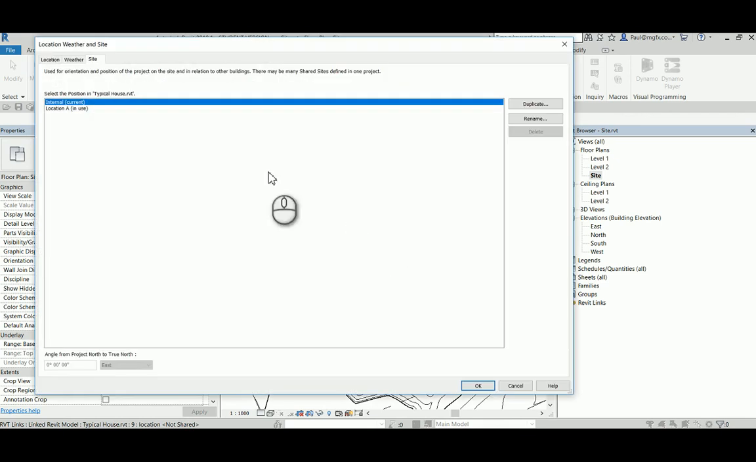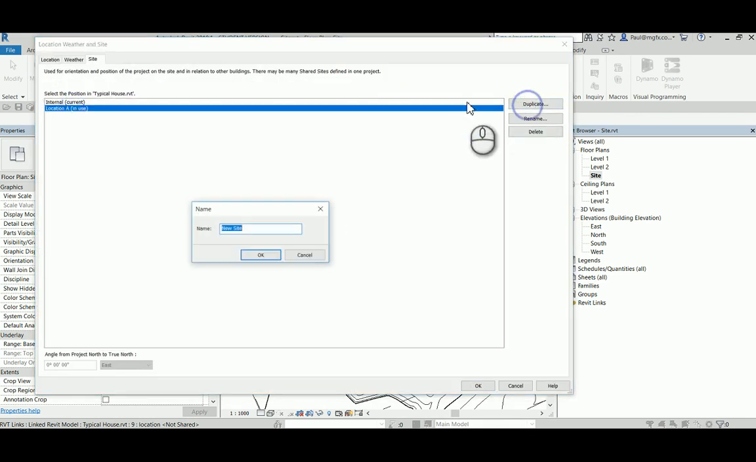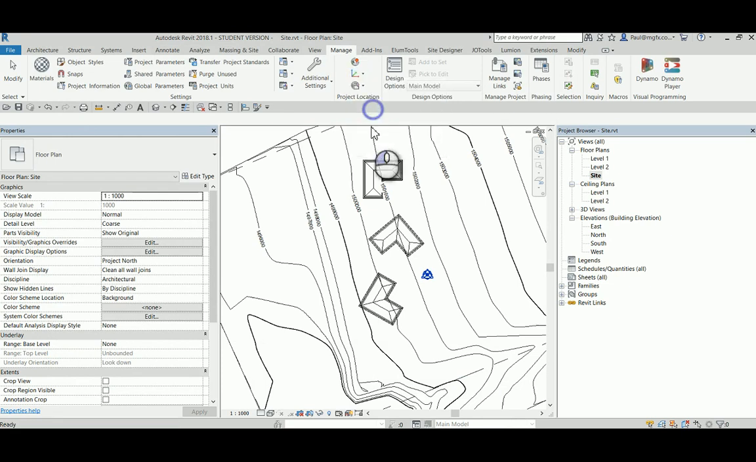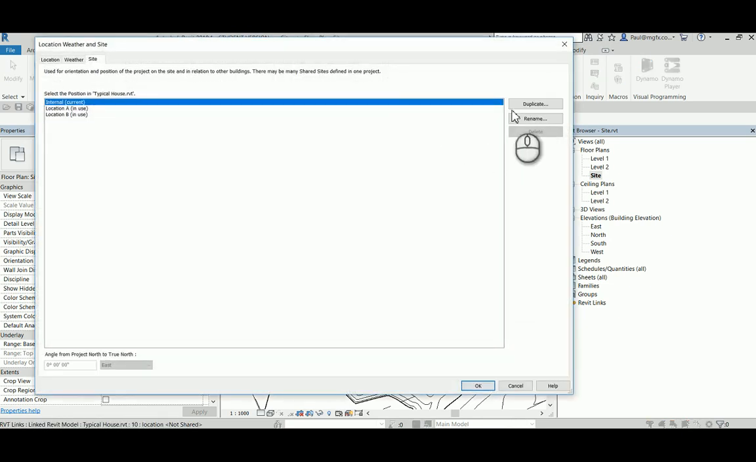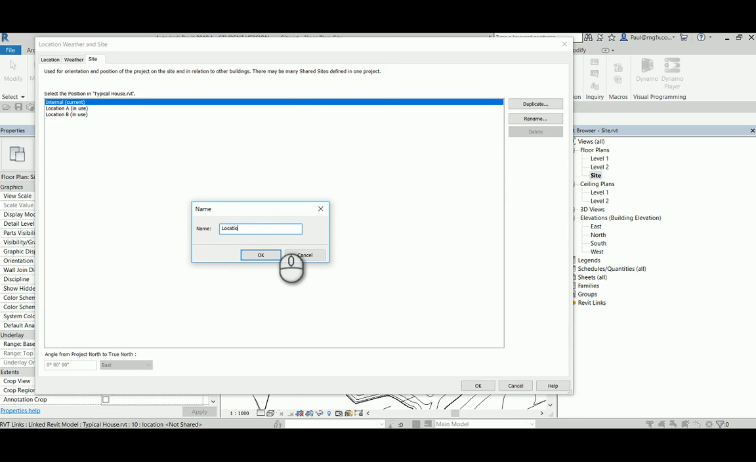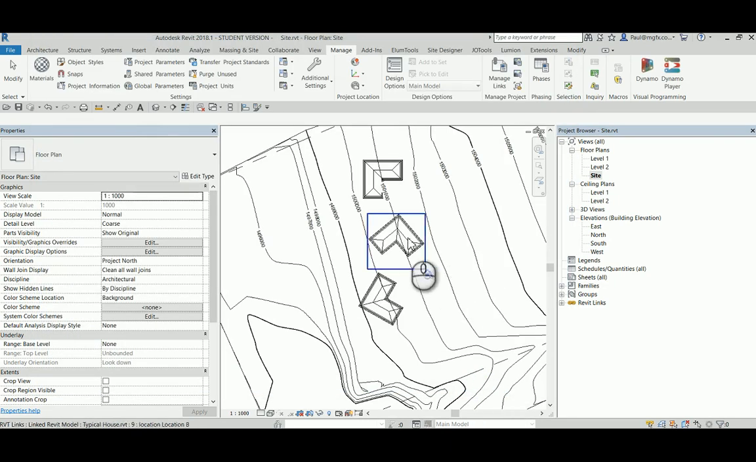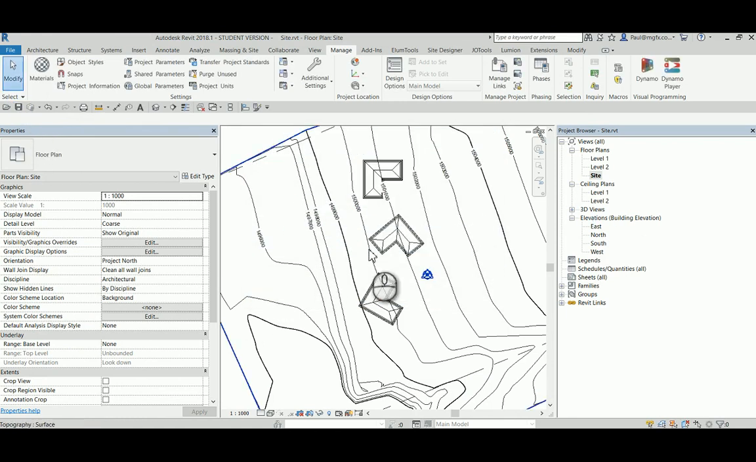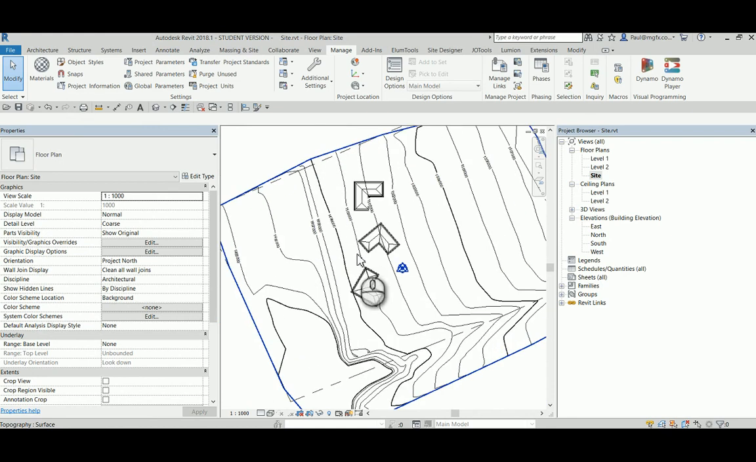Publish coordinates. Duplicate, location B. Publish coordinates. Duplicate, location C. Save the file. Save the locations back into the linked file, and let's go and see how that is handled from the other side. Save,